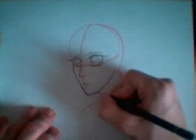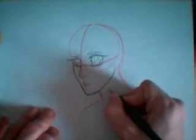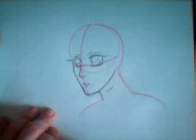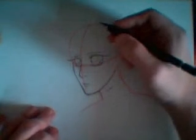And I'll quickly do the neck there and put in her scar. It's a little bit of an S curve. This kind of just serves as a reminder to that story, you know, mute, has no voice box. So